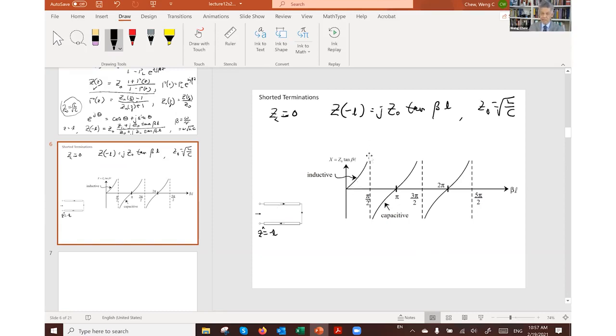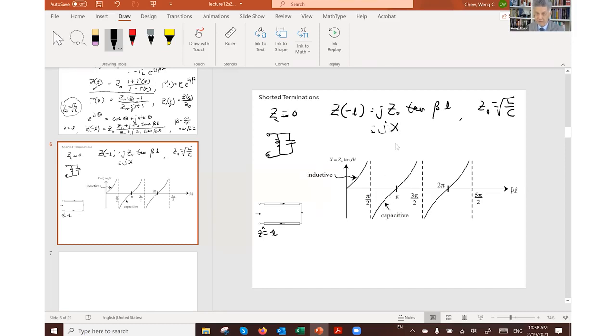Just like an LC tank circuit, you probably have seen this before, you probably learned that when this thing is at resonance, you see an infinite impedance. So you can say that this point here is when this circuit hits a resonance point, and it will have infinite impedance. The interesting thing about a transmission line is that the moment you go to the right of this resonance point, you have a negative reactance. If I call this jX, X being the reactance of the line,